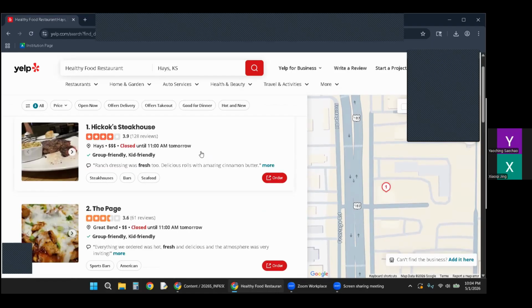And with those filters, it brought it down a little bit to what is available. It looks like it's an American bar, so it should have sandwiches and whatnot.